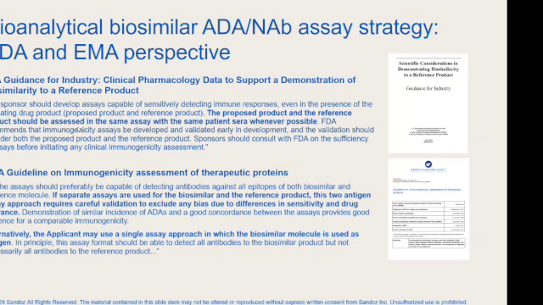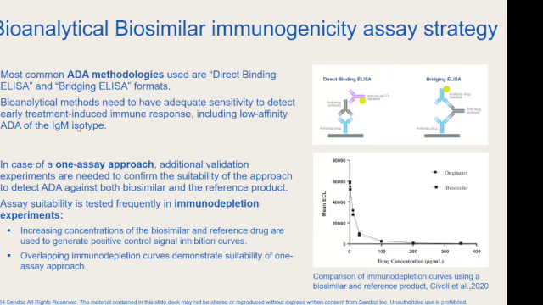Also here, as with PK assays, you would have the opportunity to develop one assay or two assays to differentiate between the biosimilar and the reference product and the anti-drug antibodies against them. But also here, the requirements from health authorities are in the direction of one assay. This is also what industry is doing. It's normally an ELISA-based assay, most often a bridging assay where you just have a sandwich of your potential product. One assay is done, and again we need special validations performed here with surrogate antibodies, for example,